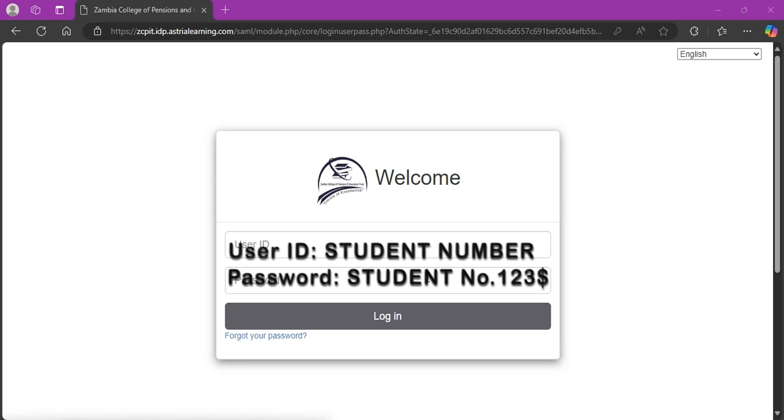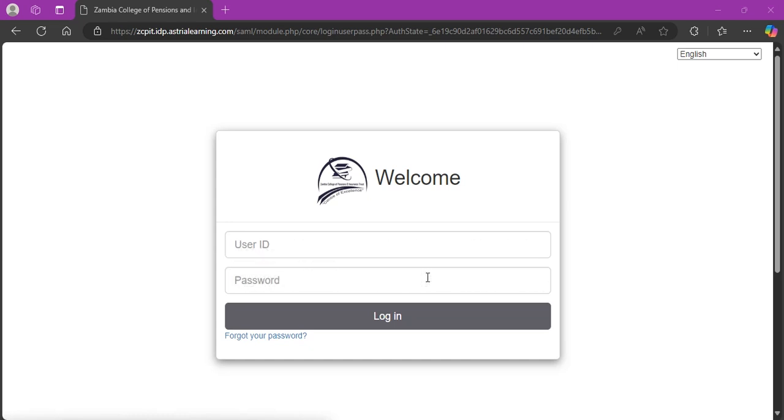The moment you log in for the first time, it will request you to reset the password to the password that you'll never forget and that will be best known to yourself. For students that have used their passwords for demonstration purposes, you can follow me or you can contact me. I can set up the password that you would want to put, a private one that others would not have